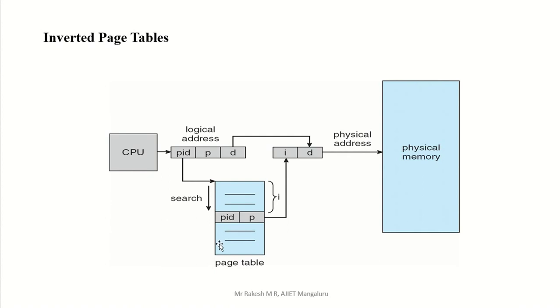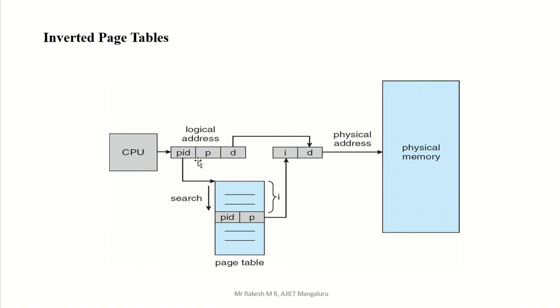Here the format of the page table is different compared to the previous one. In the previous we had two columns, page number and frame number, right? But here we have something different, that is inverted: inside your page table we have the page number, and outside the page table we have the frame number. In the previous condition, inside the page table we had the frame number and outside the page number. But here it is reversed. Remember this concept because this is important.